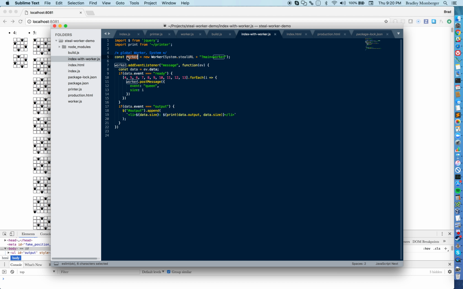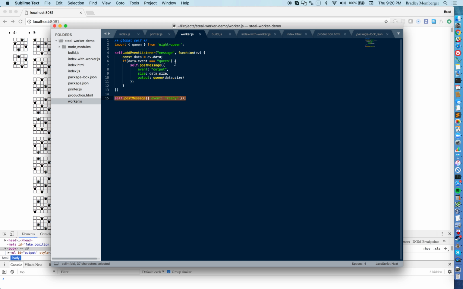So you can see that the worker is being built with system.stl URL, like we talked about. The main is just worker, like we have at the root directory here. And you can see that that loop starts happening on ready. And then we'll go back and look at this just for a brief moment. You can see that actually